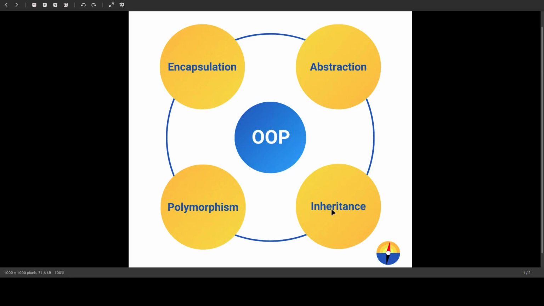And what is inheritance? Inheritance is one of the fundamental concepts. There are four fundamental concepts, and one of them is inheritance, and it allows a class, which we also call a child or subclass, to inherit the fields, methods, and behavior from another class, which